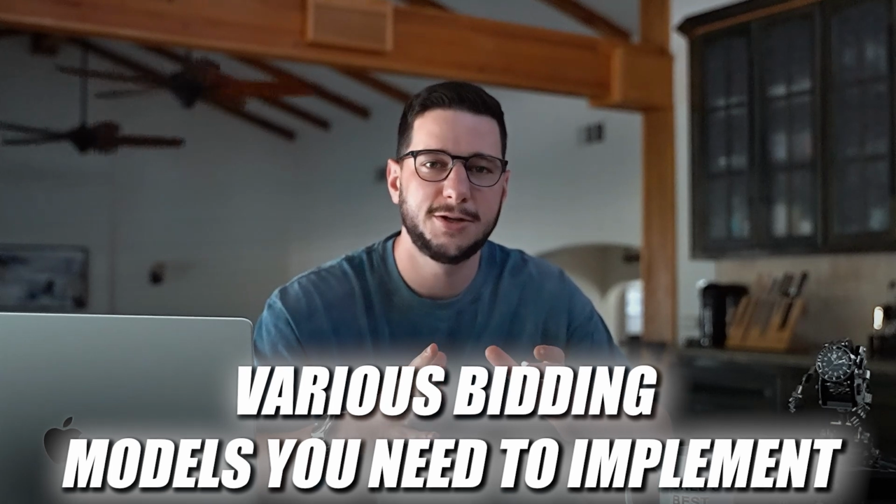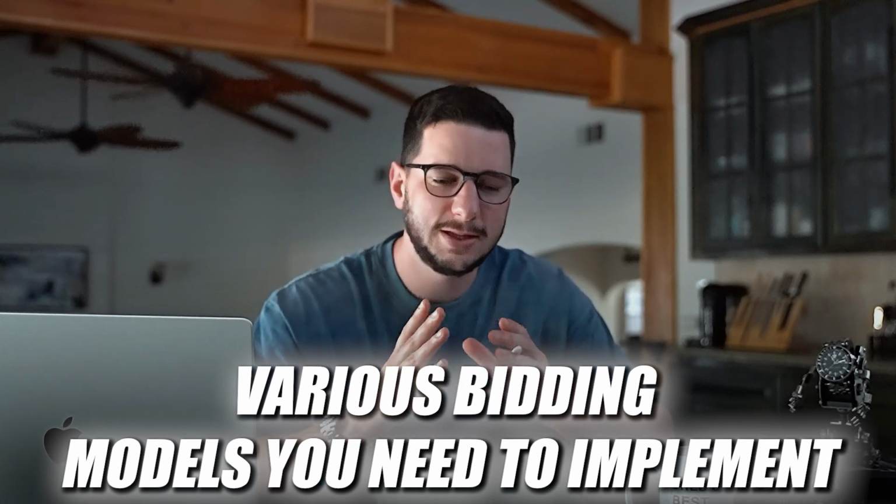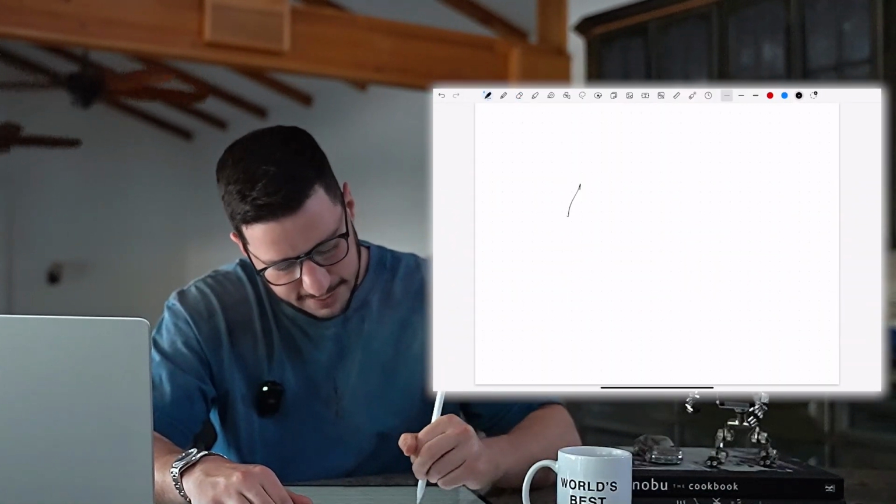Second to last is going to be the different type of bidding models you're going to use. Now, this is super important because each of the bidding models alter completely how the campaigns operate. There's going to be very situational moves that you're going to want to make with both of them. And there's other options as well. We'll talk about why we don't really mess around with those, especially nowadays. But the two most popular bidding models you're gonna use are max conversion value